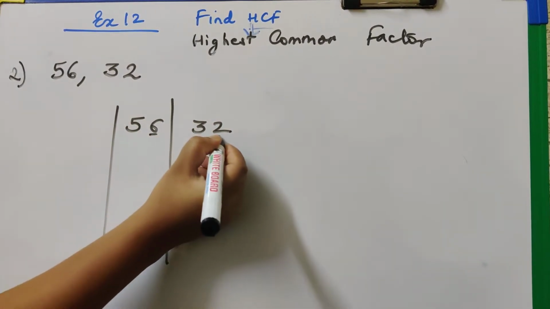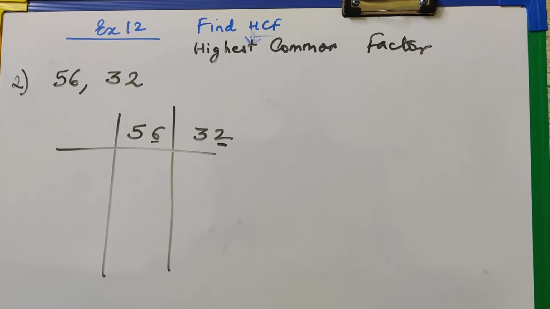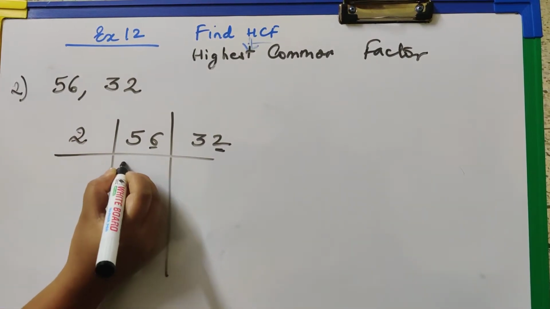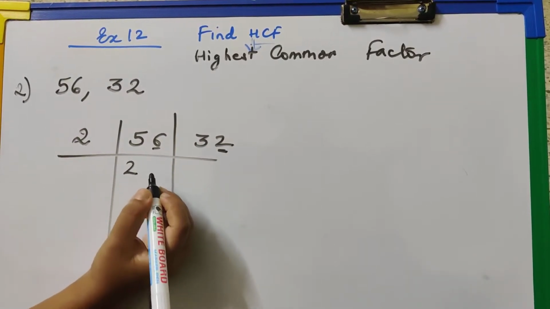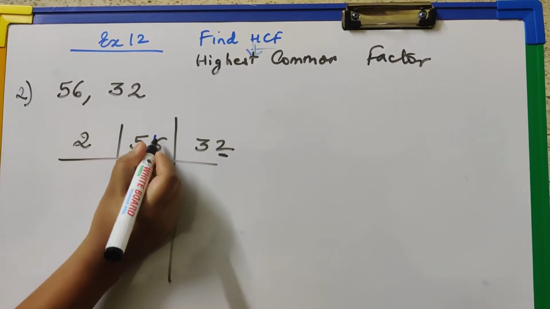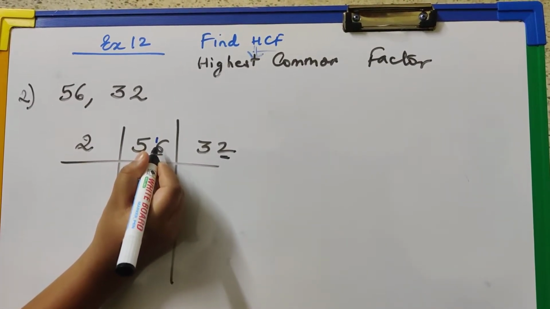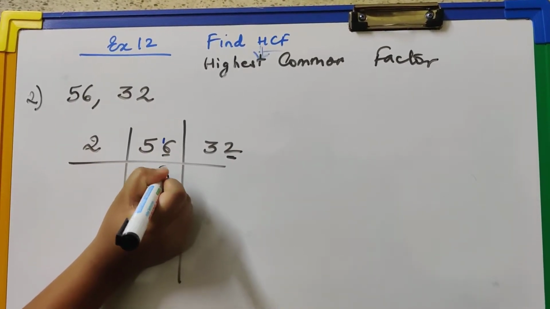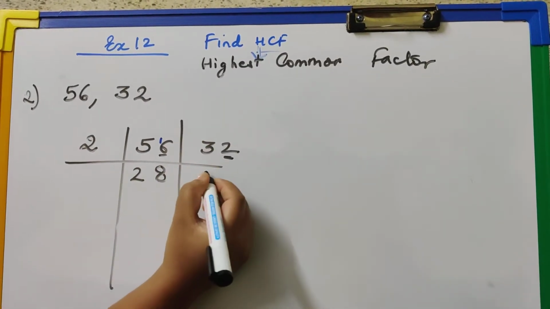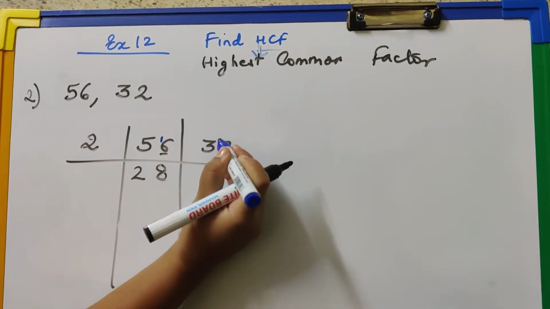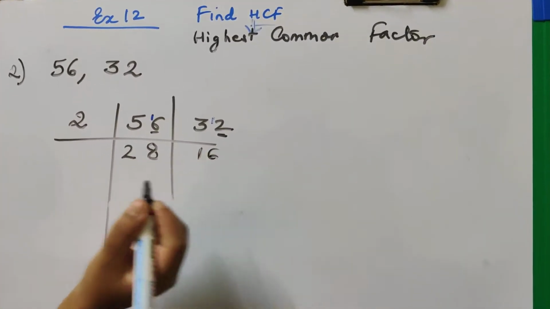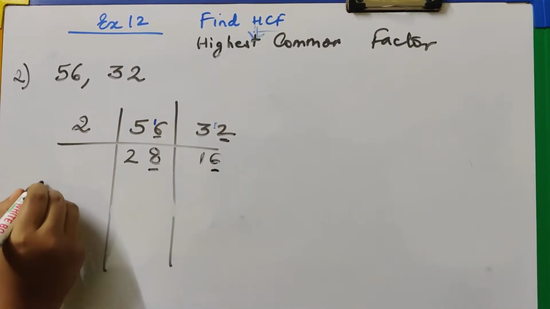Now we know the ending numbers are 0, 2, 4, 6 or 8, so I can use the table of 2. If I use 2, 2 2s are 4, and I have a remainder of 1. I'll write the remainder in blue. So it becomes 1 and 6, which is 16. That is 2 8s are 16. Now similarly the same 2 you can use to divide this also. 2 1s are 2, remainder 1. So 1 and 2 is 12. 2 6s are 12.